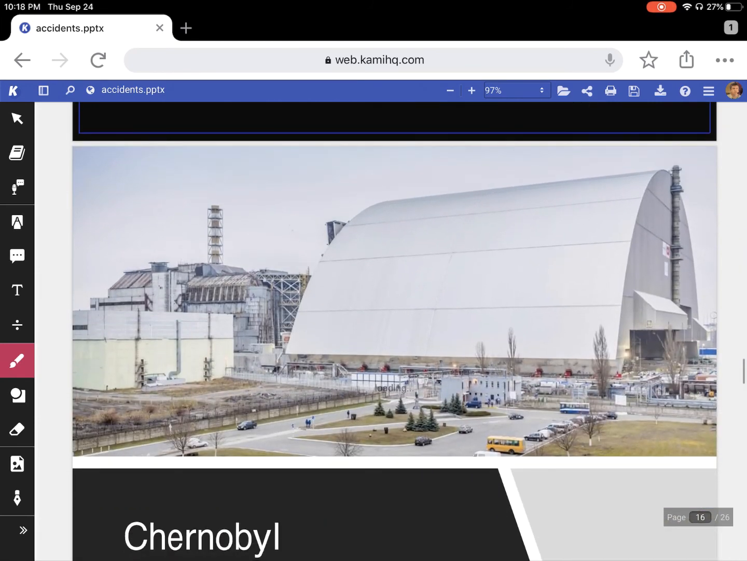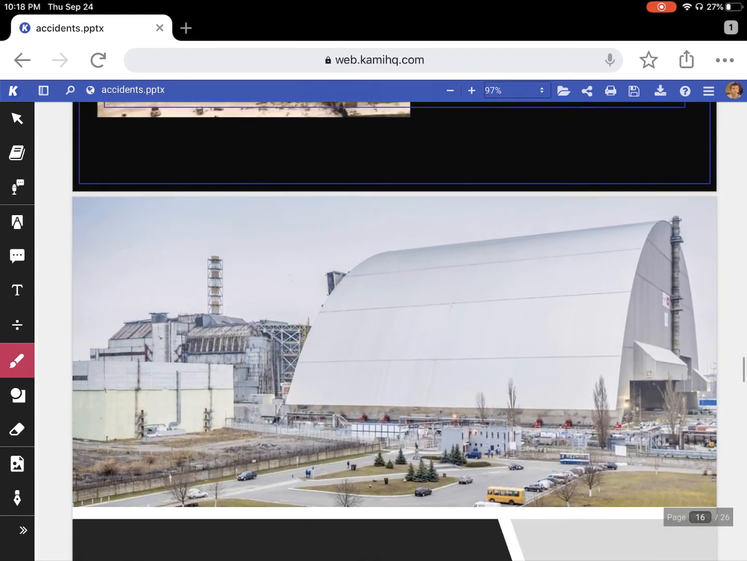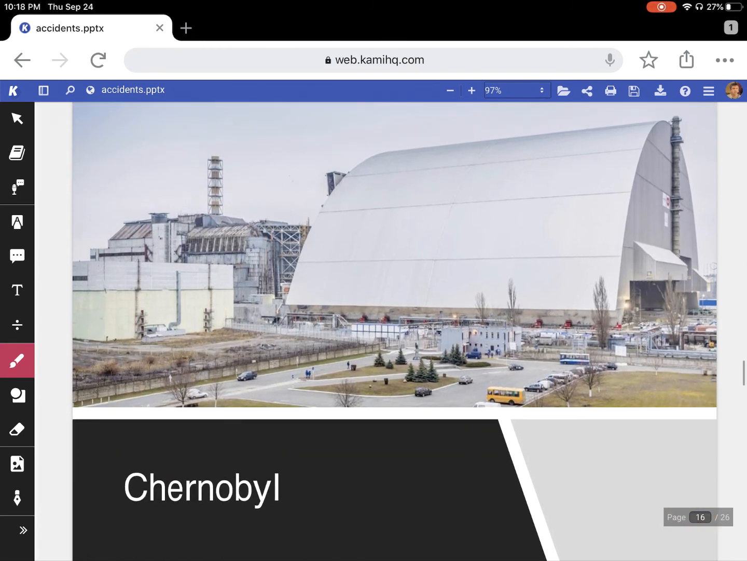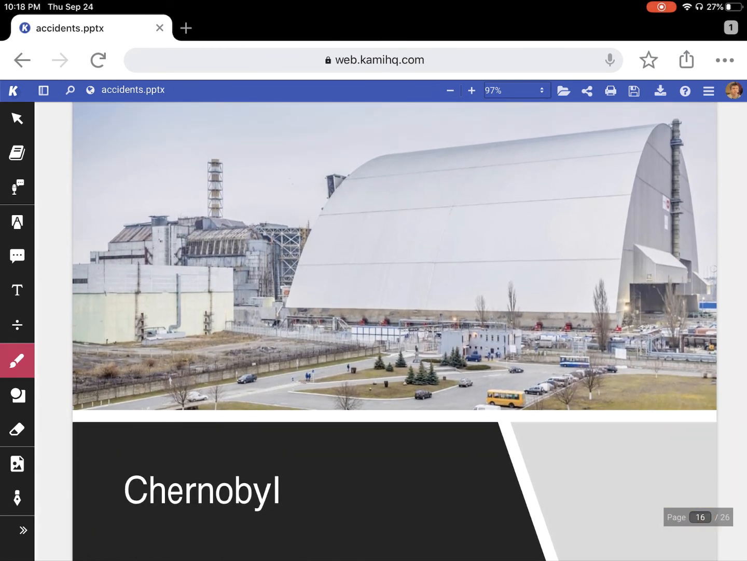let's build another one. And so another containment structure was built, and it was built on rails so that when it was finished, they would actually roll the structure over top of the original sarcophagus to cover it up. And so that structure is believed to be able to last about 100 years. We still will not be able to clean up Chernobyl unless there's some magical new technology that comes out. So in 100 years, the probability is that we will have to build a new containment structure to go over